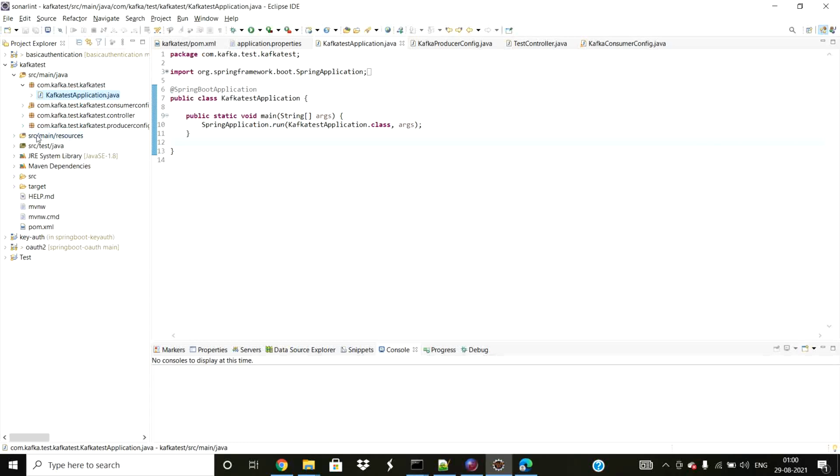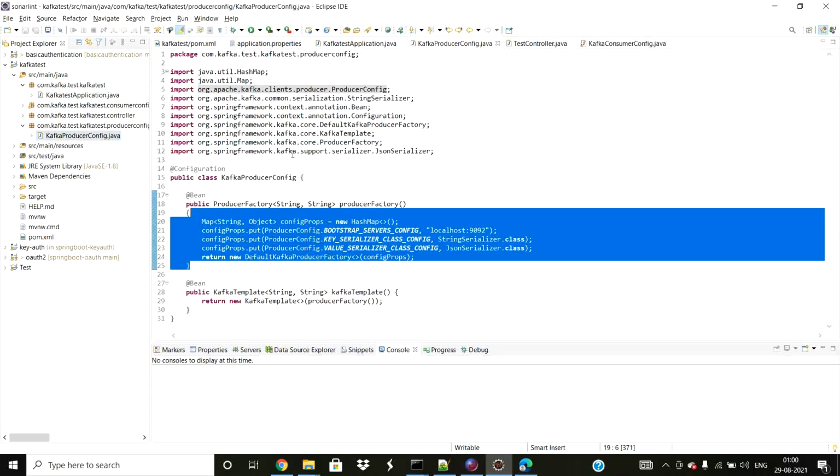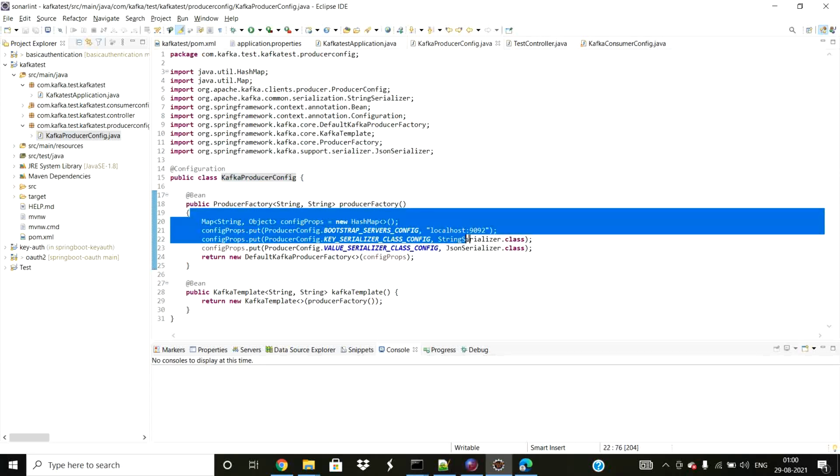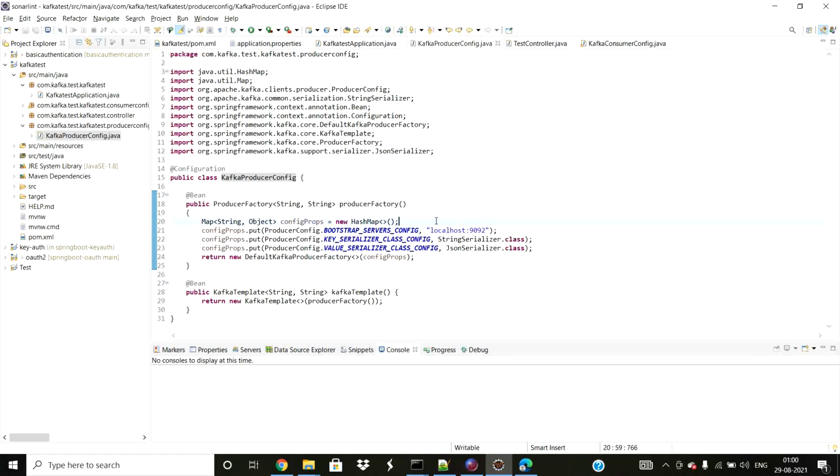Starting with the producer config, I have written the Kafka producer config, which will pass these parameters like the broker detail, the string serializer class, and other parameters if you have, like security and other details. This is nothing, just the configuration of the producer class.